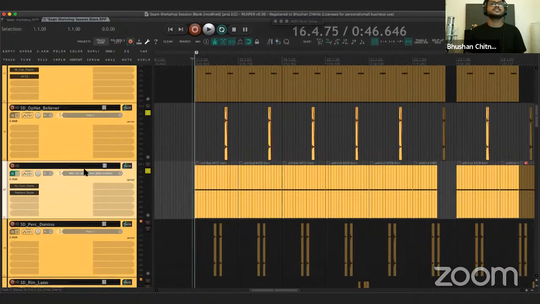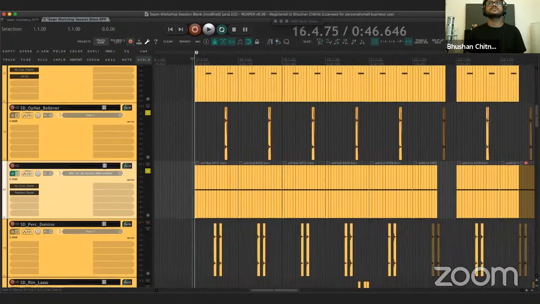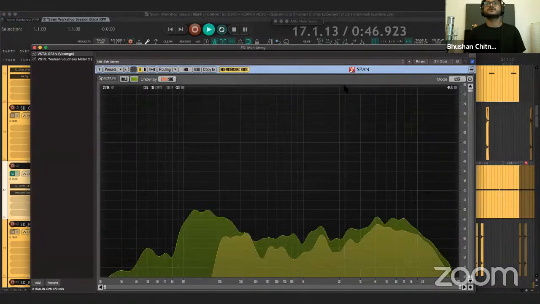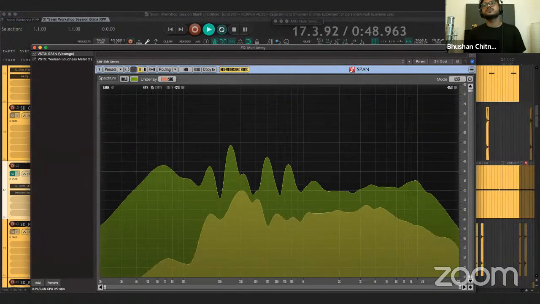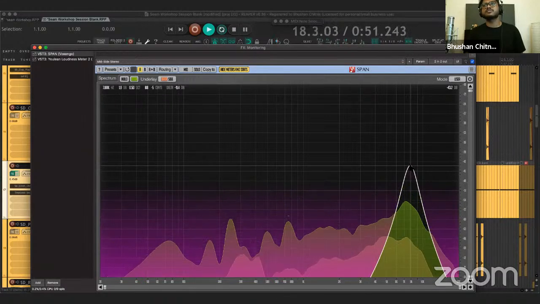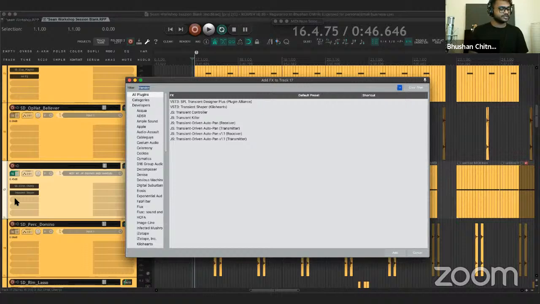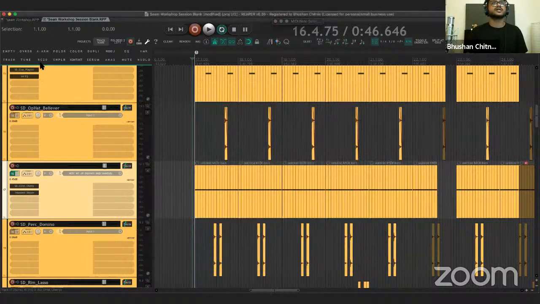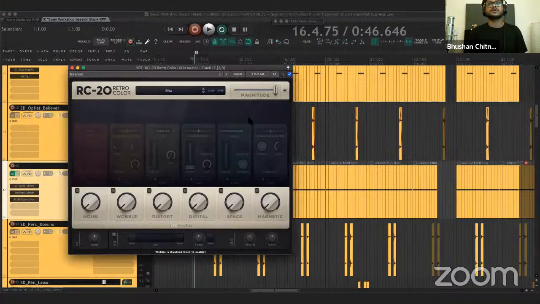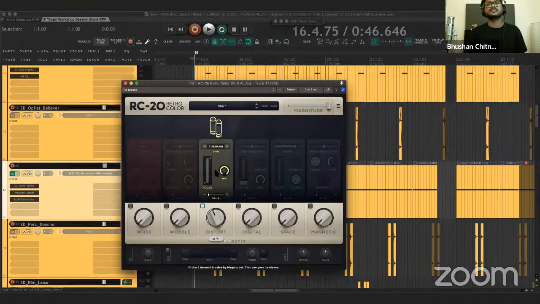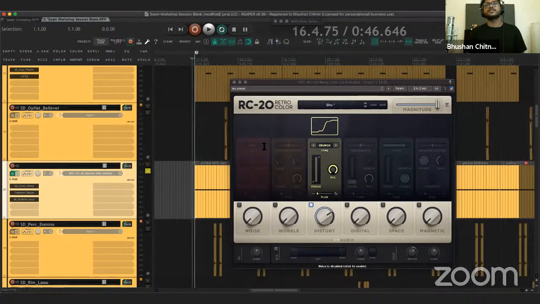I'd also like some saturation in it. If you see again in our spectrum, this area can have some. There are a bunch of saturators. Let's use RC20 again because it's got everything and it's the easiest. Everyone has it. Widen it up. Always level match. So when you're mixing, like,